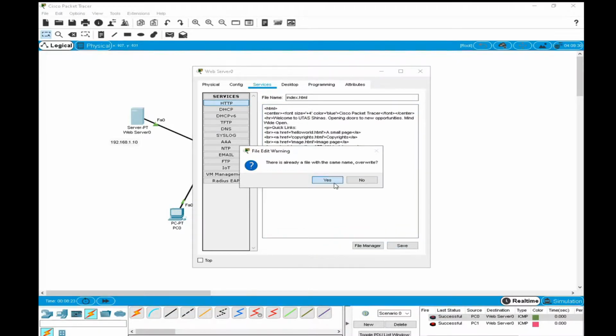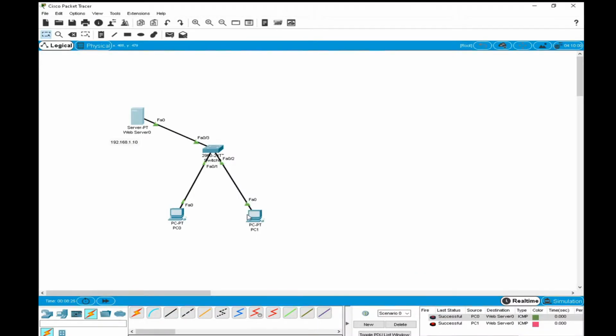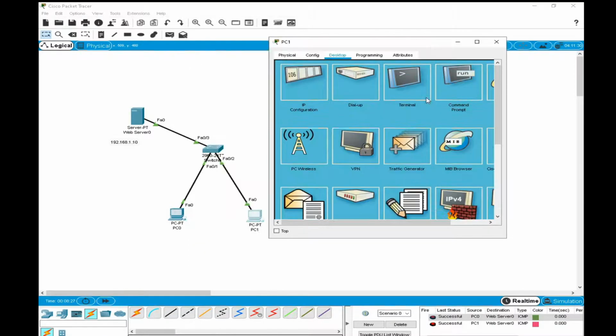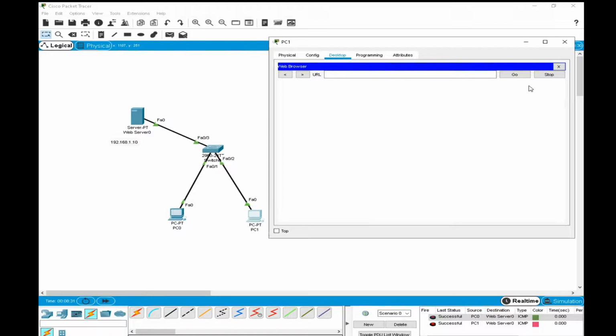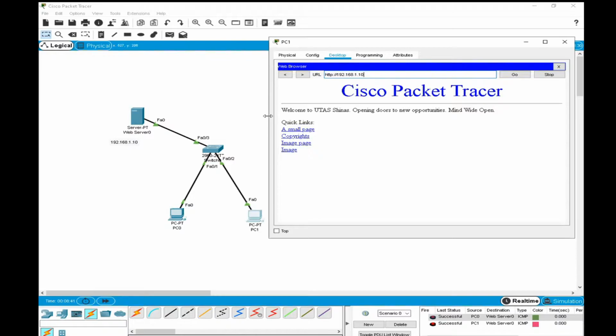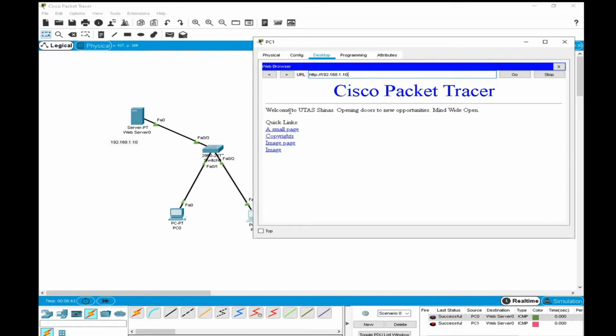Now if I need to access my web server, go to the browser and type the IP address of your web server. So what is the IP address? 192.168.1.10. Once you type it, now you can see I have Cisco Packet Tracer, welcome to UTAS Shinas, opening door to new opportunity, mind wide open, and all those things.